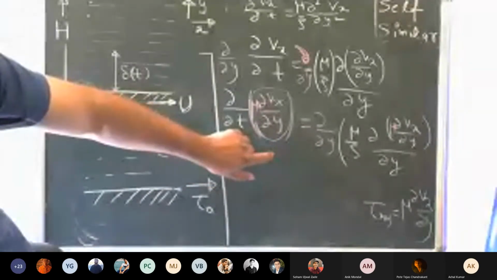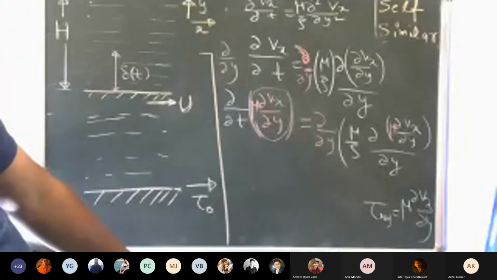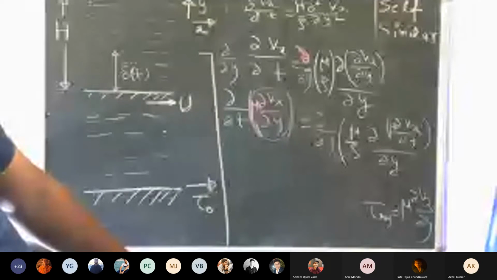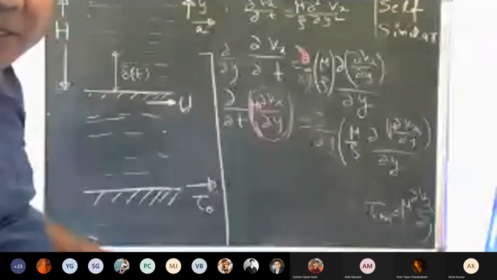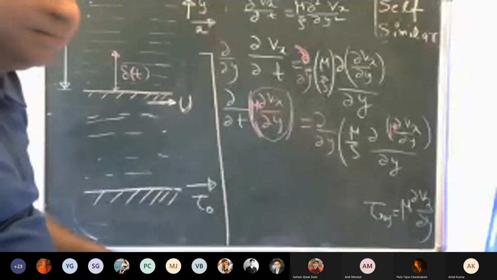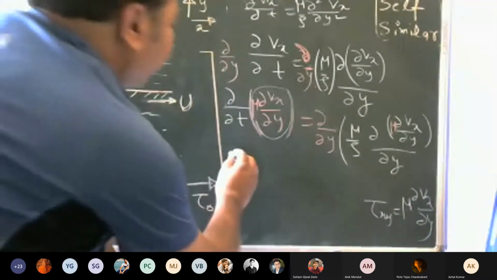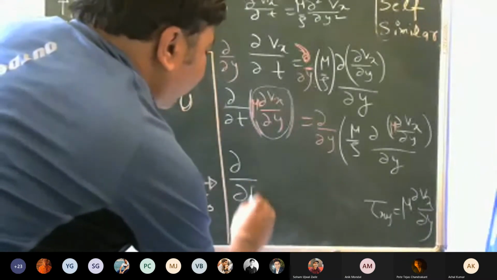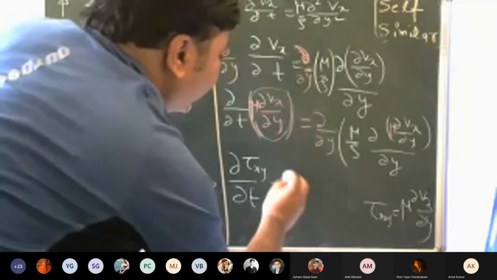What is this quantity? Take your time. Anyone? So stress. Yes, very good. So dou by dou t of tau xy is equal to